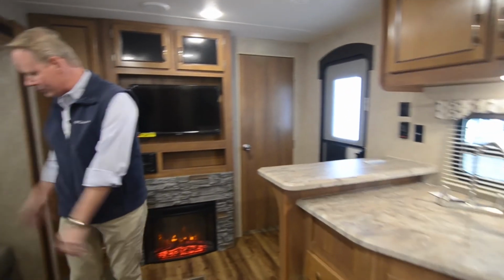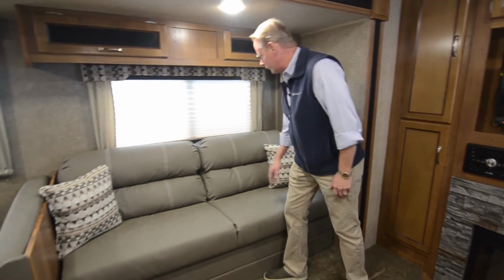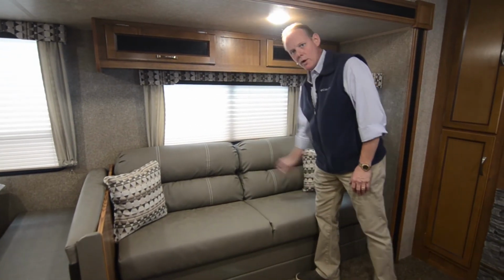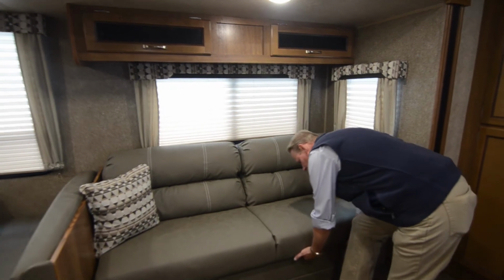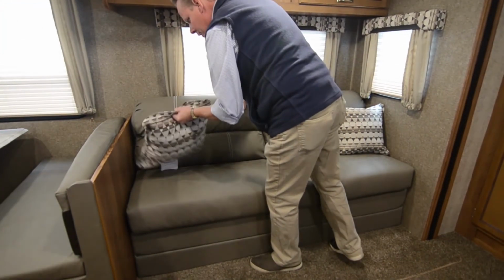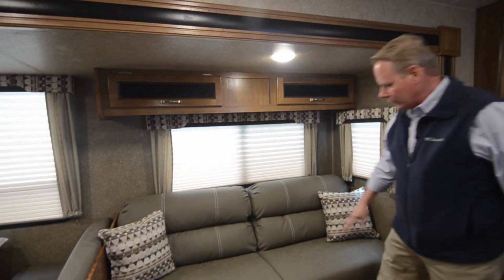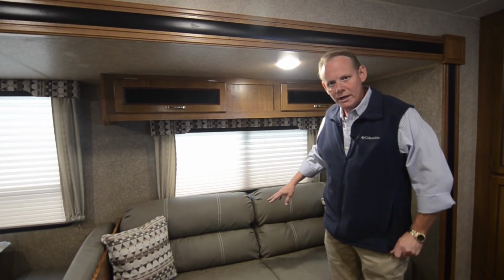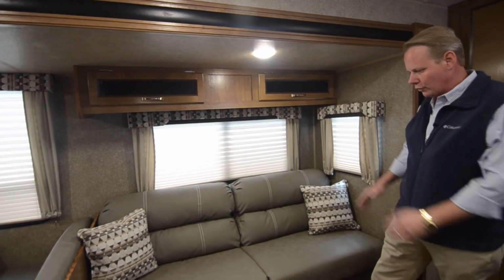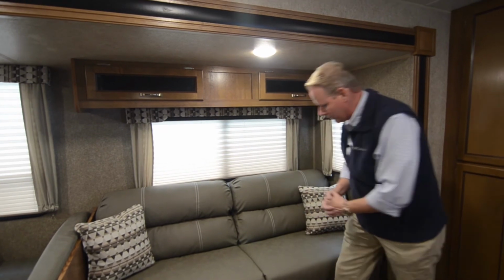Coming on over here to just across from that area, we have our sofa. Now this model we have equipped with a normal jackknife type sofa. This is the biscotti color. It's also available in mocha and peppercorn. Now sometimes we'll bring a 243 in with a tri-fold sleeper sofa, so we may have it both ways or either way. This particular one just has the